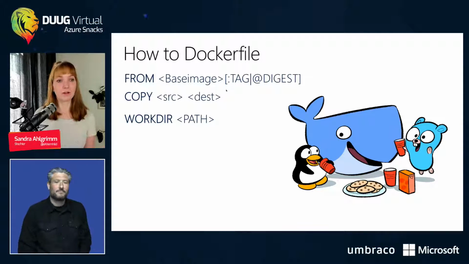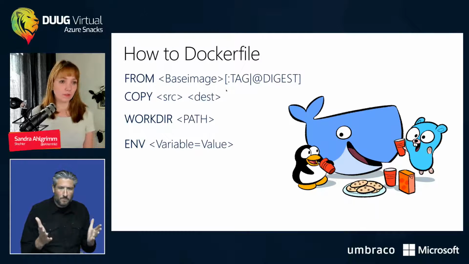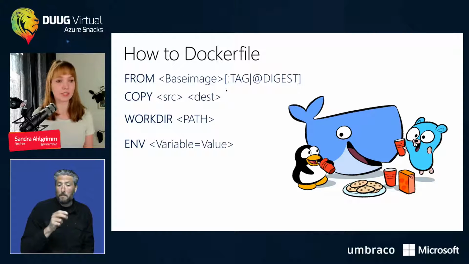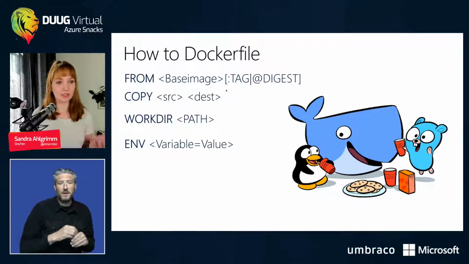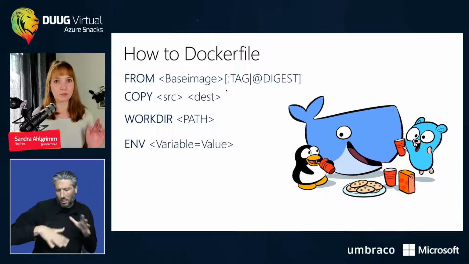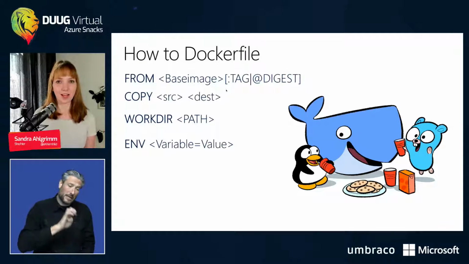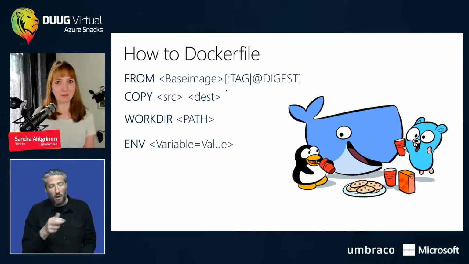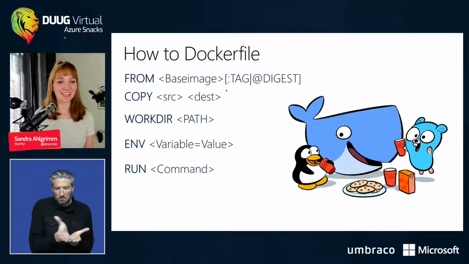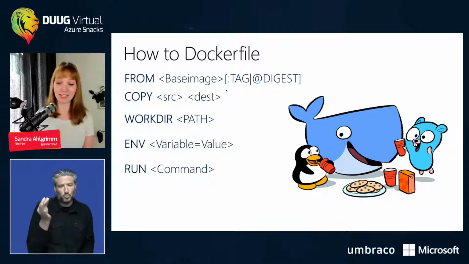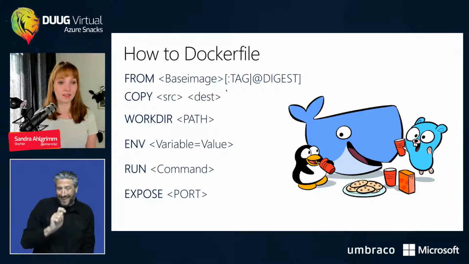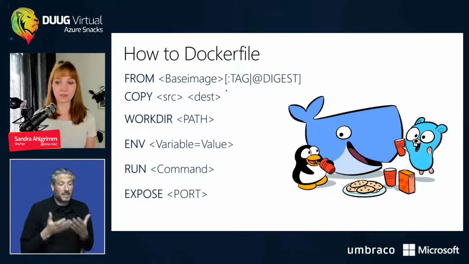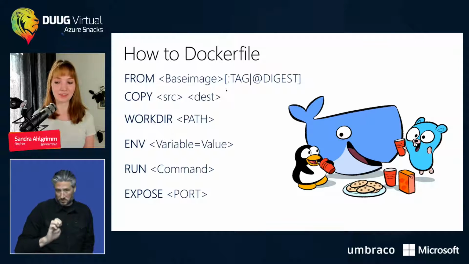Then I set my WORKDIR path, the relative path here. I can also set environment variables. It's again the same: I can either use ENV for environment variables or ARG for arguments, which can also be processed later on. And then I can use RUN and run almost any commands. So if I need some apt-get, I could also add it here. And yeah, EXPOSE for ports. That's also very important. We'll use it many times.